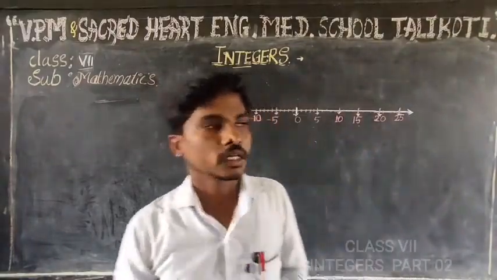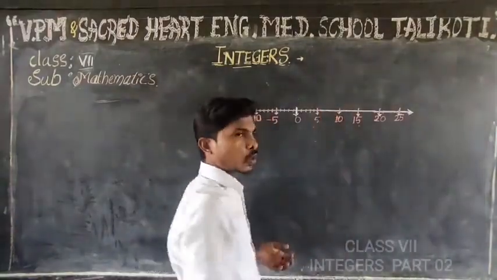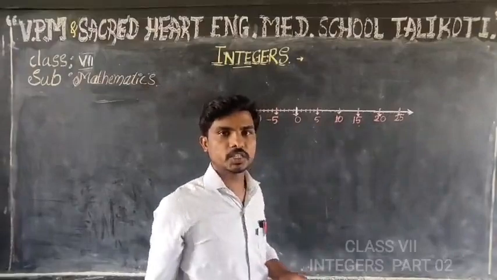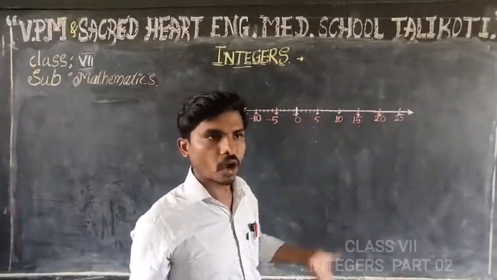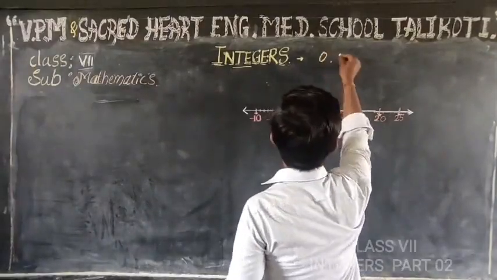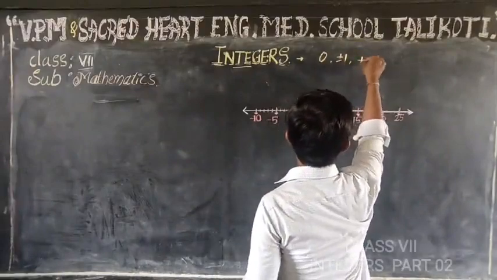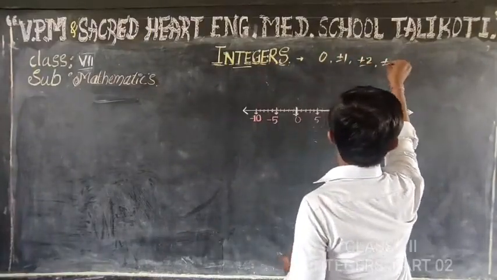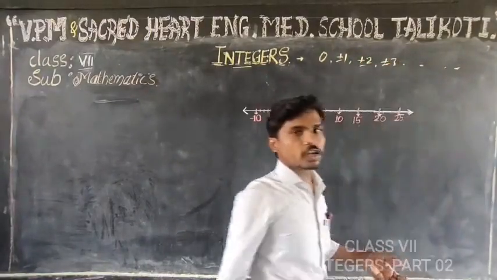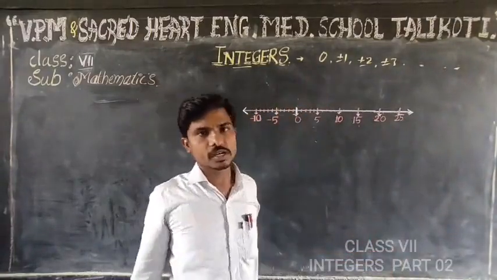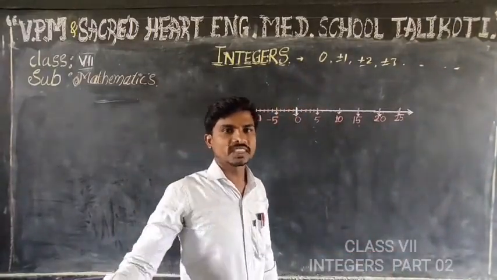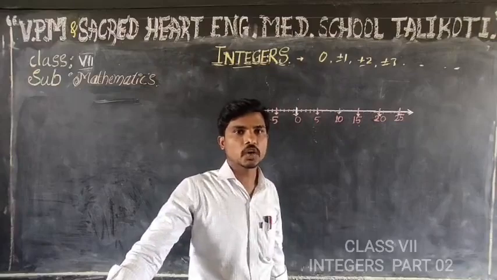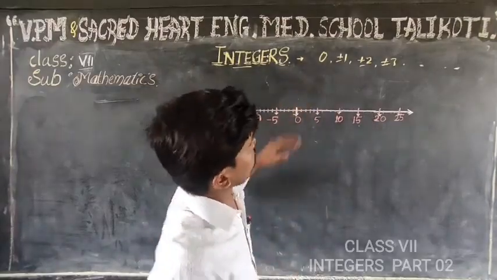Integers means the whole numbers together with the negative numbers is called the integer set: 0, plus or minus 1, plus or minus 2, plus or minus 3, and so on. These are the numbers we can call integers. Otherwise, 0 with the positive and negative numbers we can call integers. Yes students, in last